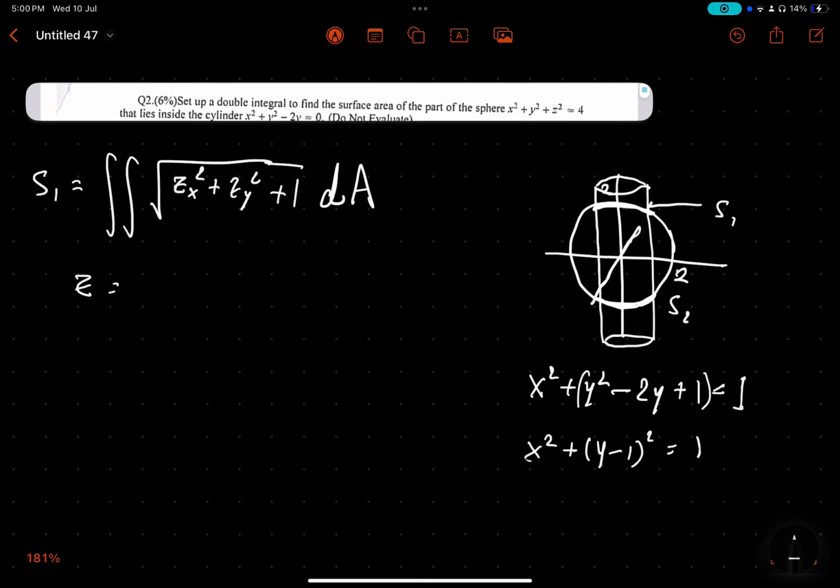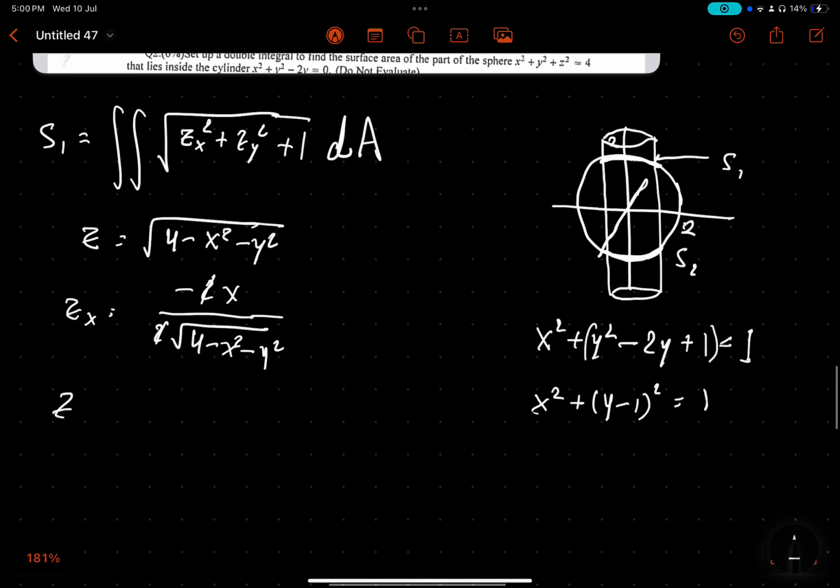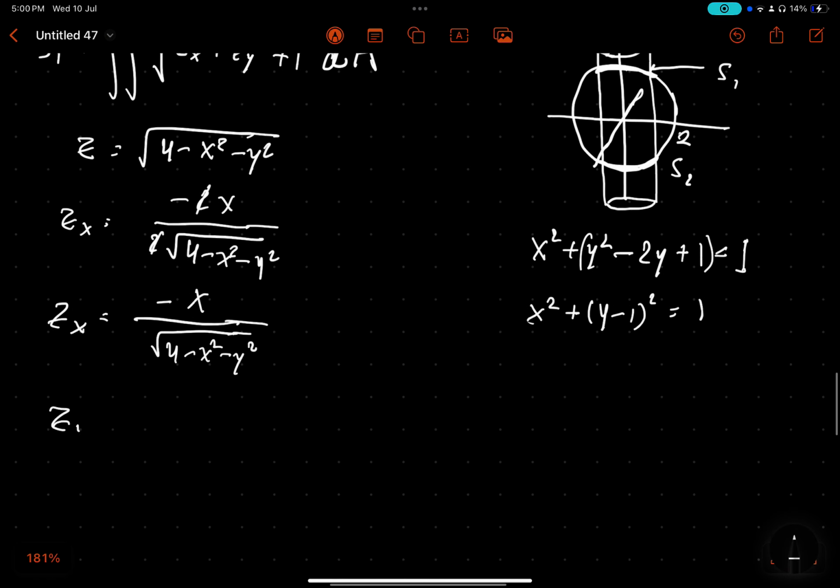Z equals the square root of 4 minus x squared minus y squared, and then after that we're going to take zx, which is basically 1 over 2 square root of 4 minus x squared minus y squared, times minus 2x, and the 2 cancels, so zx equals minus x over the square root of 4 minus x squared minus y squared, and then zy is going to be